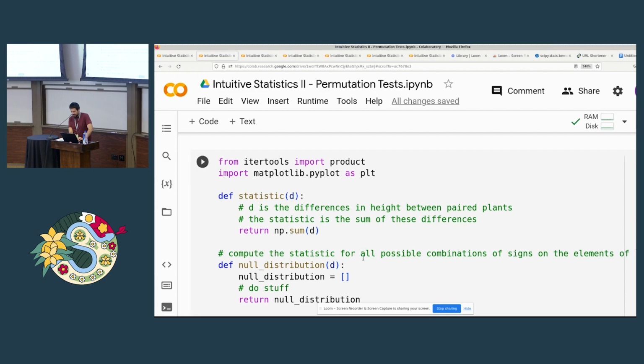We don't have to sample these randomly because this is small. We can look at all possible. I have itertools, so I can look at